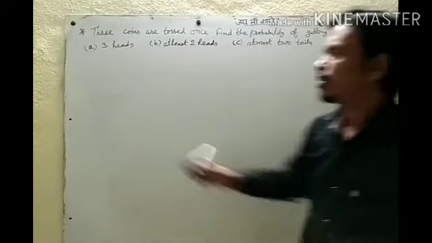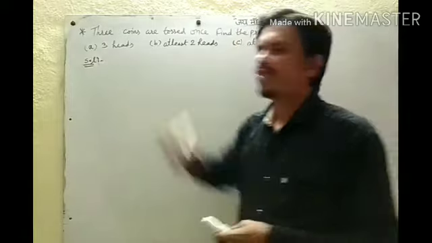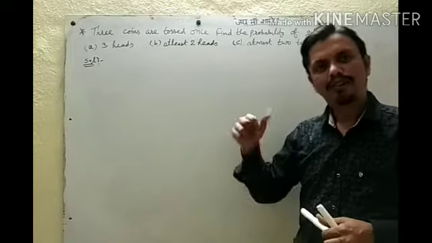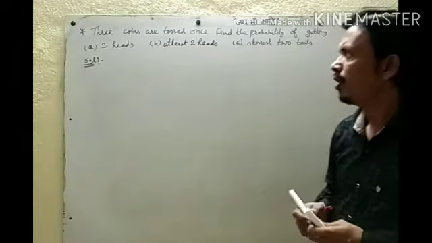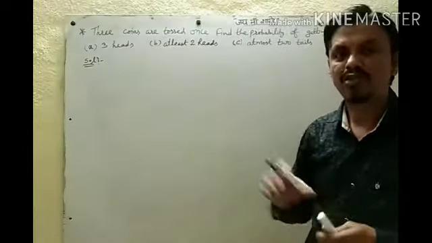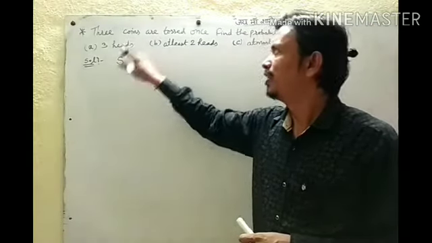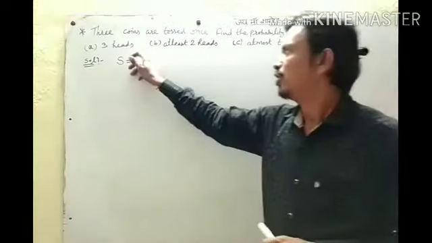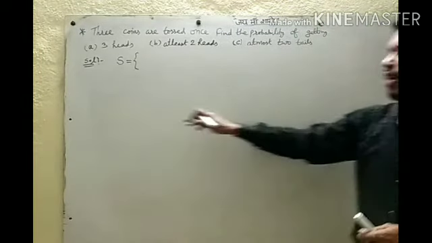Okay? So first of all, to find the probability of any event, we need 2 things: its total possible outcomes and the outcomes favorable to that event. So first, if we toss 3 coins once, what will be the sample space? When we toss 1 coin 3 times or 3 coins once, the outcomes will be the same. So we have seen how to write outcomes. How many outcomes will be there?